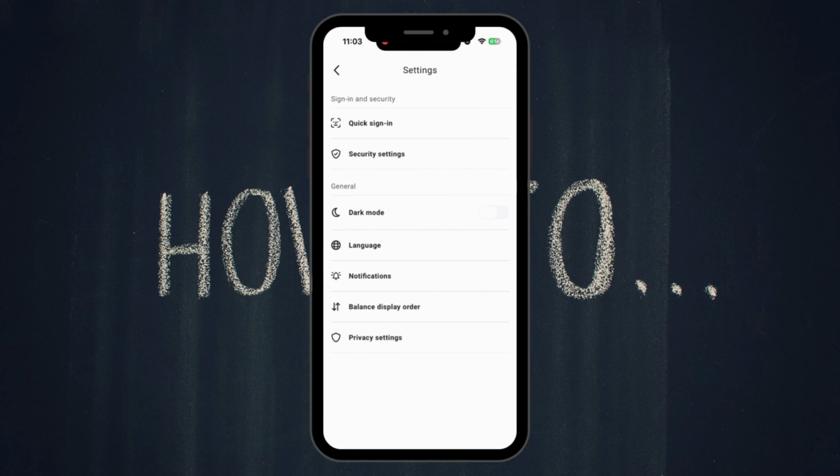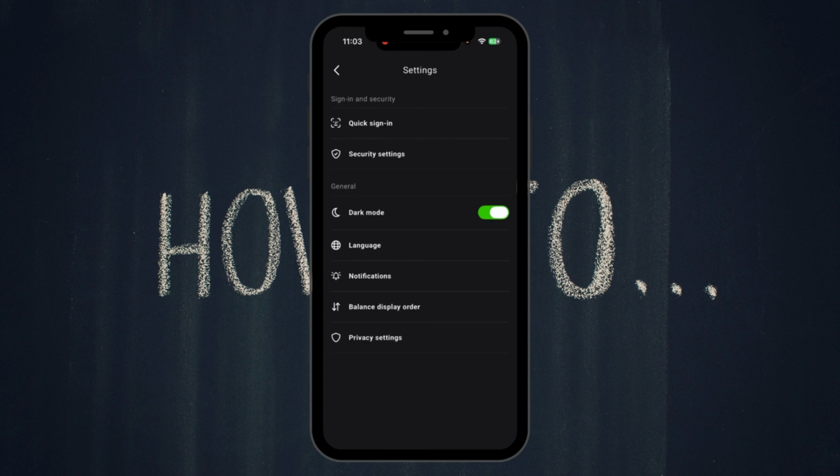Now, inside the Settings menu, look for options like Appearance, Theme, or Display. Or if you see Dark Mode, tap on it. And that's basically it. That's how you can turn on dark mode on Payoneer. Now, if your app supports it, you'll see theme options such as light mode, dark mode, and system default. So just tap on dark mode, and as soon as you select it, your screen should instantly switch to a